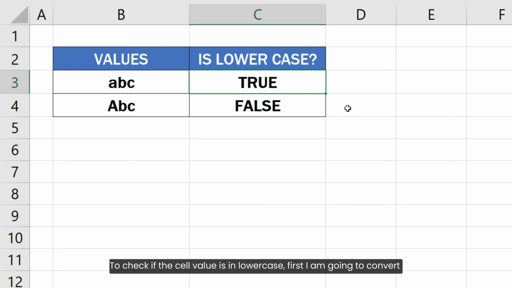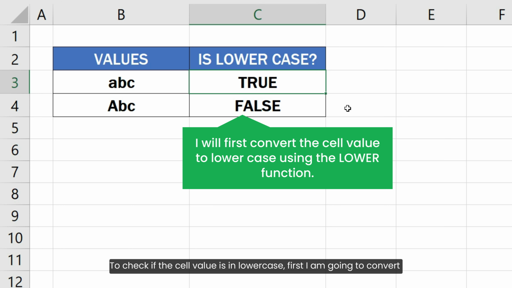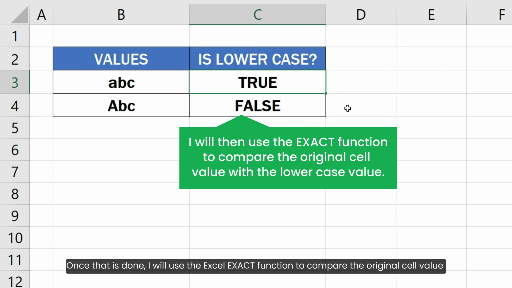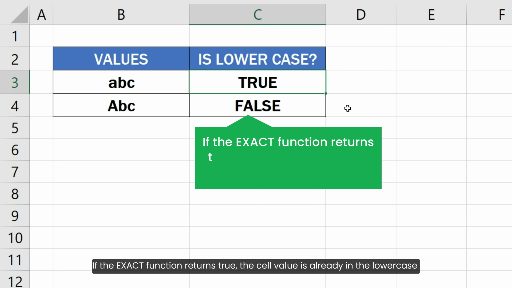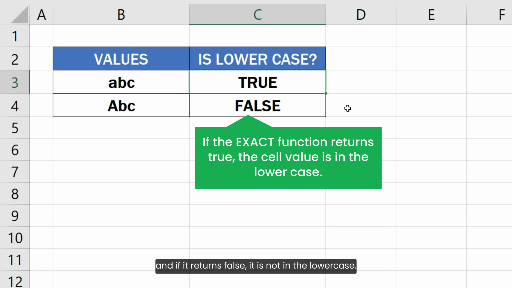To check if the cell value is in lowercase, first I am going to convert the cell value to lowercase text using the LOWER function. Once that is done, I will use the Excel EXACT function to compare the original cell value with the cell value converted to lowercase. If the EXACT function returns true, the cell value is already in lowercase, and if it returns false, it is not in lowercase.